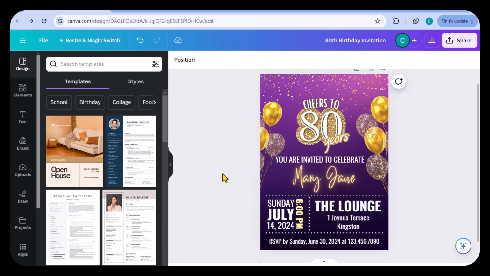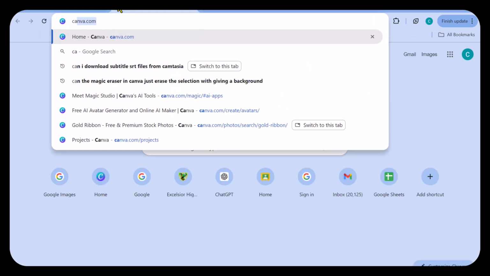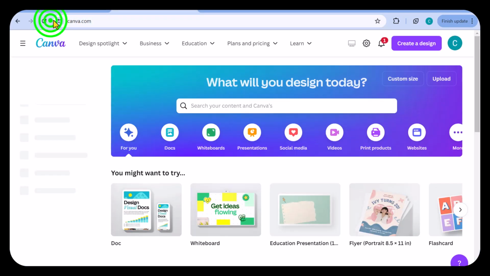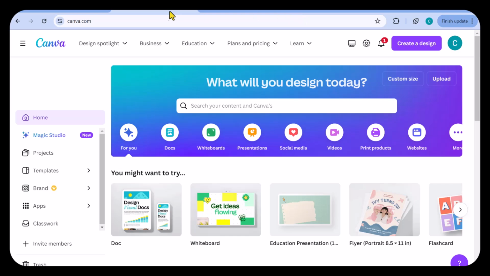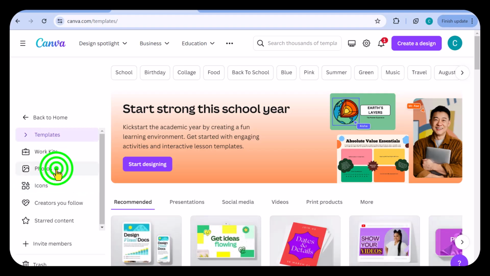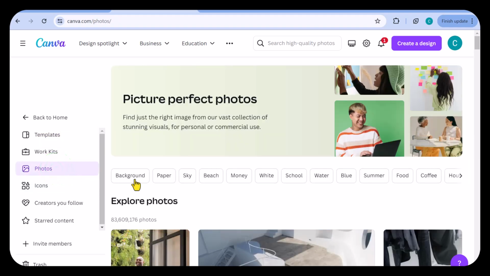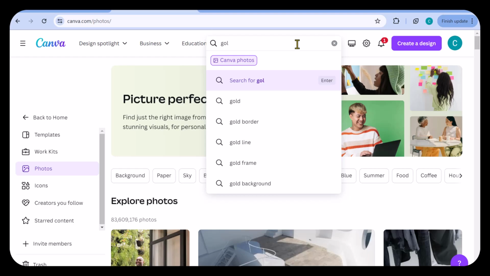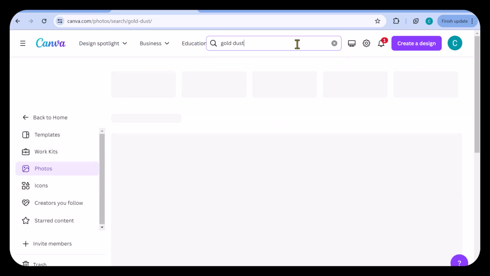So I will show you one last thing for this video, and that is to add a tab and go to canva.com. Again, I'm already logged in, so I will go to templates and then I will select the photos option. Here I will demonstrate that at this point you are still able to add photos to the invitation if you so desire.